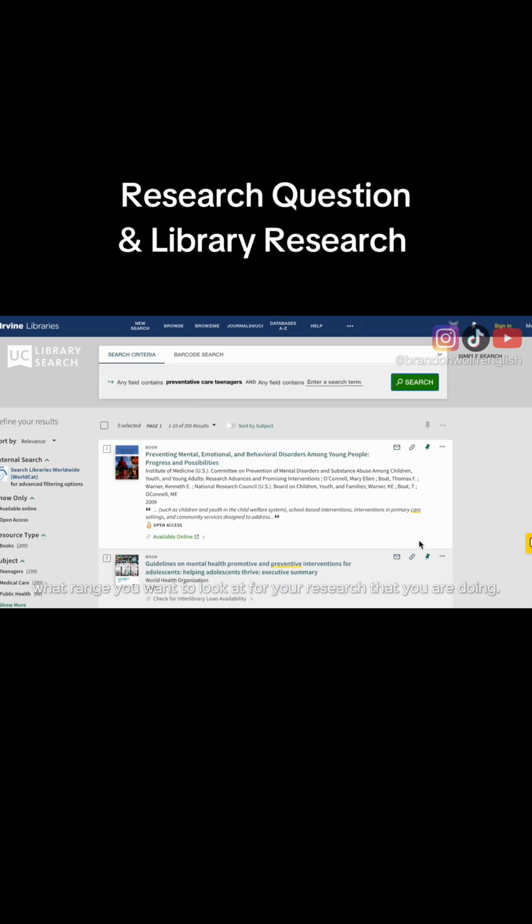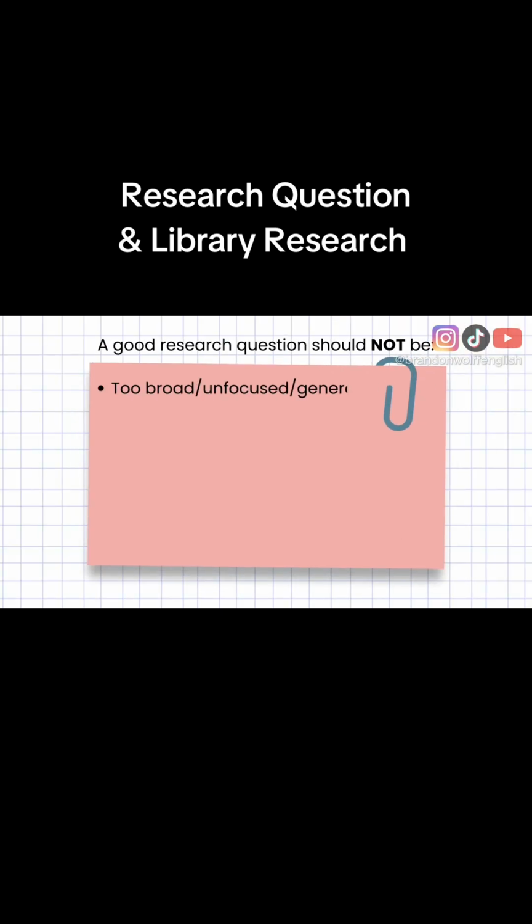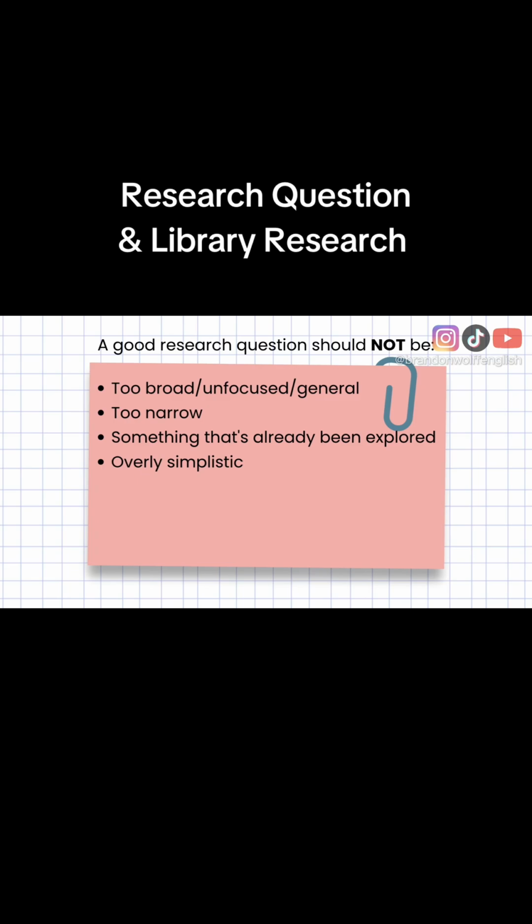A big part of your library research is considering your research question. When you consider your research question, you should make sure that it's not too broad or too narrow or something that's already been explored. You should also make sure that it's not overly simplistic. One way to avoid keeping your research question too broad or too open-ended would be to avoid yes/no questions. A research question that's a yes/no research question can be answered in just one word and doesn't make for a